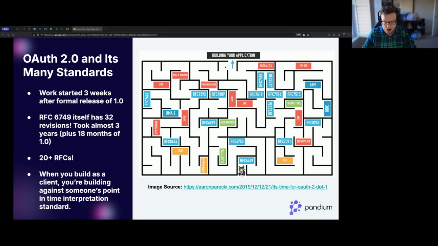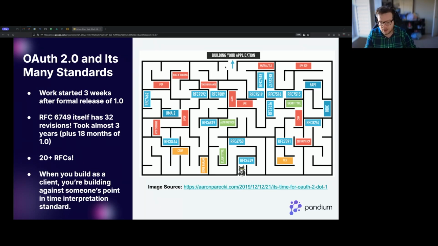And it's really hard for a person who needs to build an OAuth spec to know exactly what part of all these RFCs they need to implement and which revisions they're implementing. It just makes this very, very complicated. So in our use case, when we're building clients to these OAuth applications, to these third parties, the reason that everything looks different is because you're actually building against someone else's understanding of what OAuth 2.0 is. That understanding may be from when it was 10 years old and just starting. It was still in revision phase.